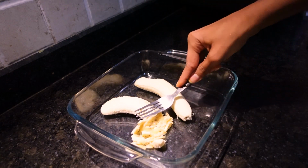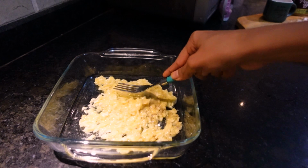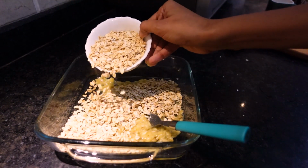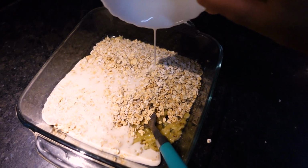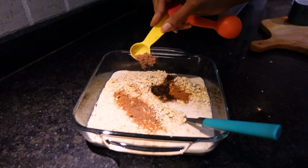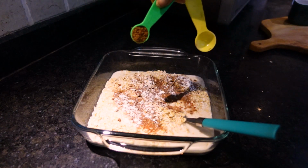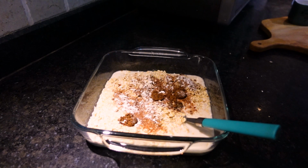And yes, some chia seeds too. It's again a very simple one. We mash 2 bananas, then add 2 cups of rolled oats, 2 cups of plant milk. I used oat milk here, but you can use regular milk if you want. 2 tablespoons of cinnamon powder, 2 tablespoons baking powder, a dash of pink Himalayan salt, 3 tablespoons of jaggery powder. You can...